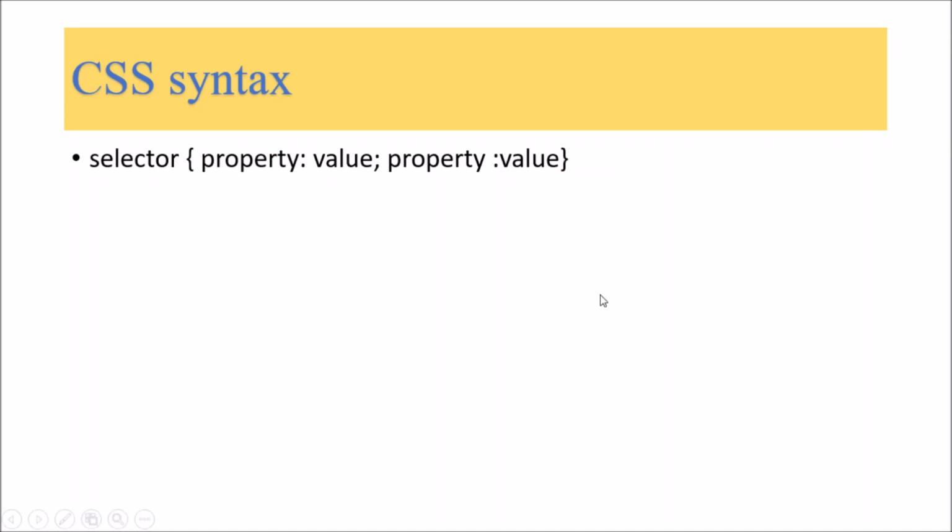Now whenever you want to apply CSS, this is the normal syntax of CSS. There is a selector and then a property and value. Such a pair you must assign. If the color is the property, then what is the value? Maybe blue, maybe red, that is a value. So color is the property and blue or red or orange is a value. So there should be a property and value pair.